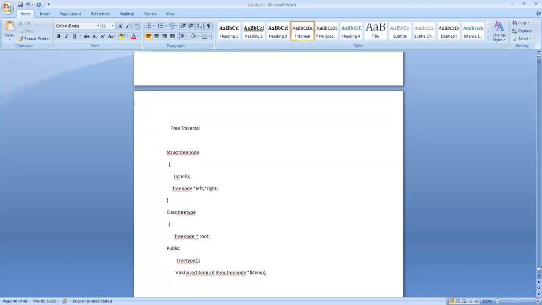Then I need one more function, void insert. What is the purpose of this particular insert, you will know in a little while.